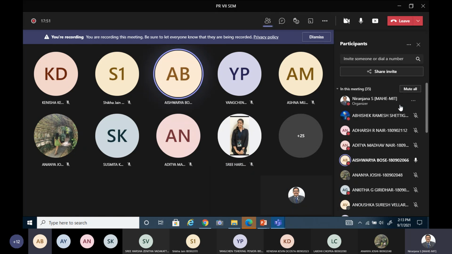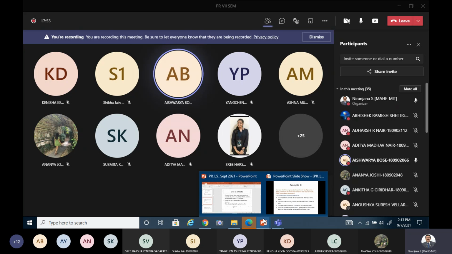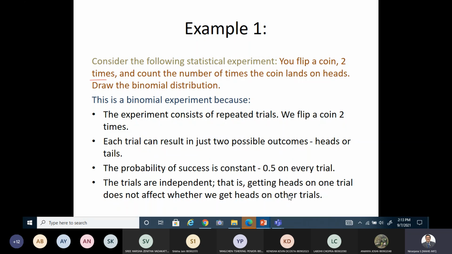Sir, half. Yeah, it is generally known that it is half. That is true, because the outcome is getting head or tail, so there are 2 outcomes. So it is 1 by 2, which is half. Correct. So the probability of success in this case is 0.5. P is 0.5. In this problem, P is equal to 0.5. The outcome can be getting head or tail, that is, getting success or failure.